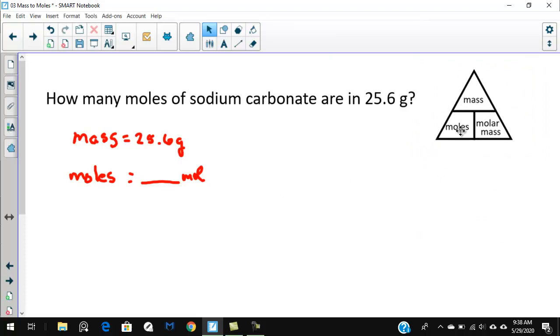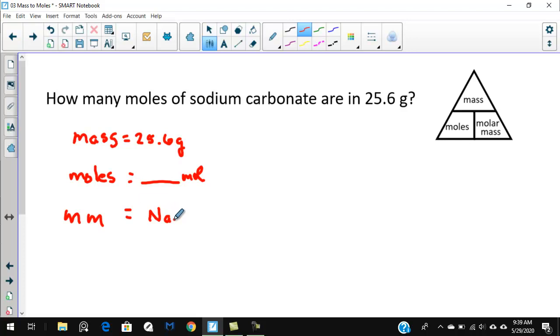So if we've got mass, we want to find moles, then we need molar mass. We need to have at least two of the things in the triangle in order to solve the equation. So we'll put down molar mass equals, well, now we have to figure out the molar mass of sodium carbonate. So the first thing you need to do is get the formula for sodium carbonate,